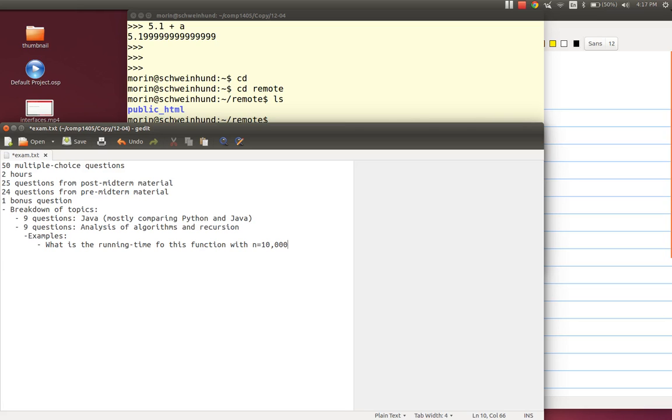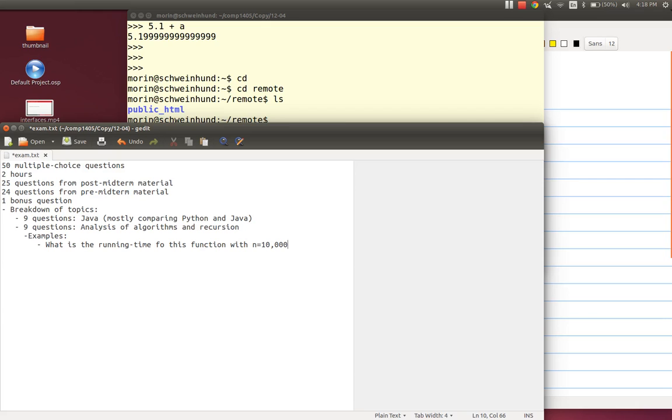And when I say running time, that will typically be asking about a very specific thing, like here's the code, how many times does line 4 of this code execute if you run this on an array of length 10,000. So know how to understand what happens when you have 2 nested loops, each of which runs over all 10,000 elements. How often does that inner line of code execute?